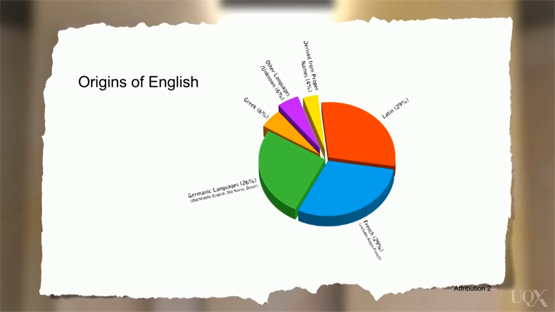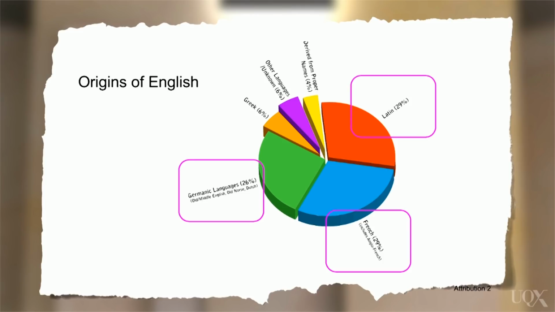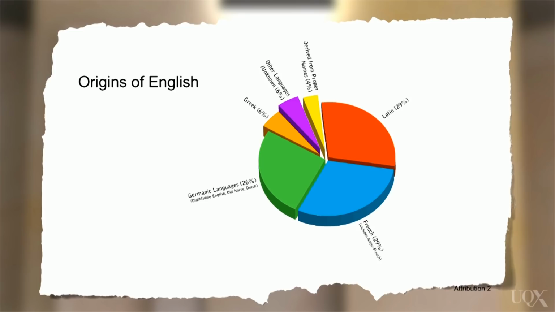In an overview, we would try to group the data to make a statement. We could say that 3 languages, Germanic languages, French, and Latin, had the greatest influence in roughly equal proportions, and much less influence came from Greek, other languages, and the names of people and places. So, let's look at how we would compare each of these 6 influences on English.